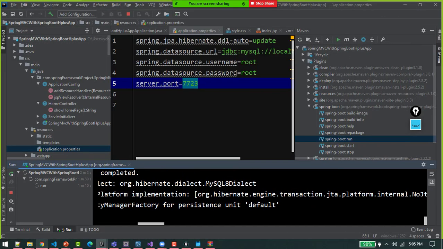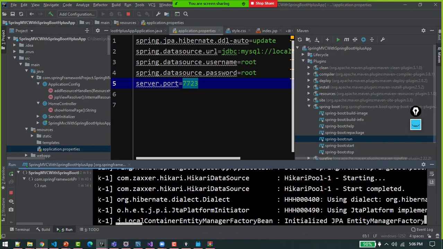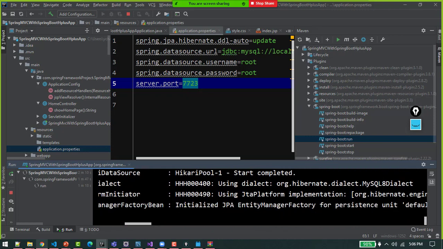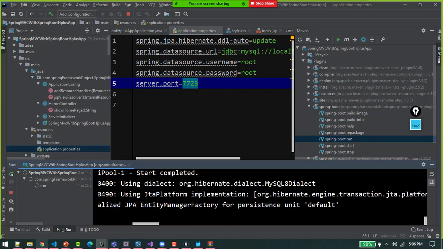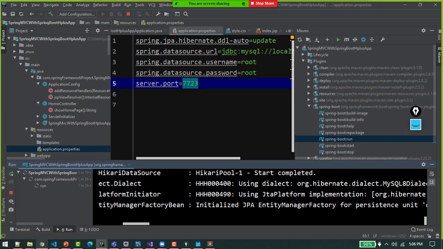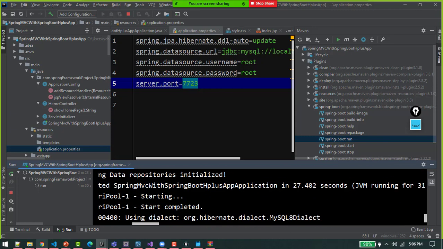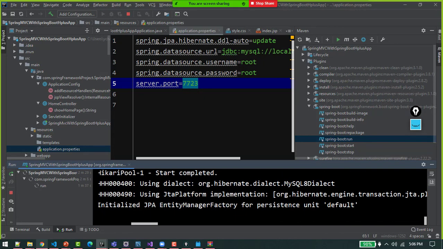Right, so this database is getting connected. Whenever you establish a new project, it takes a little while to establish the connection with the database. We are going to add records from our application to the database. We are going to delete records from the database through our application. We are going to update records. So they have mentioned the amount of milliseconds they took to start the process.